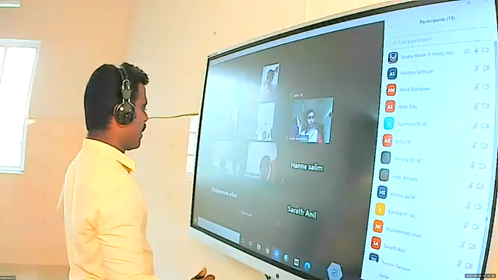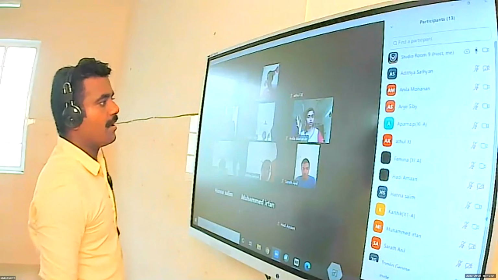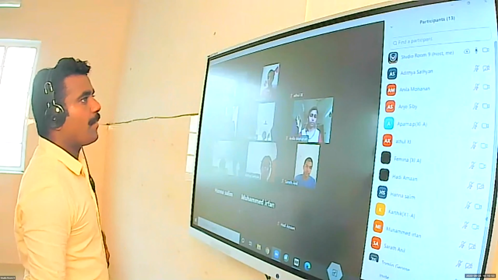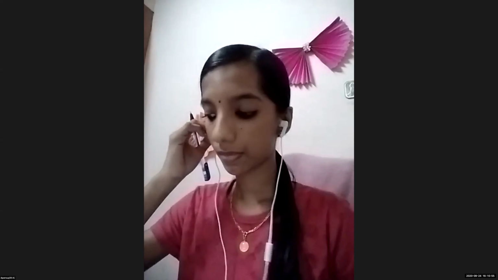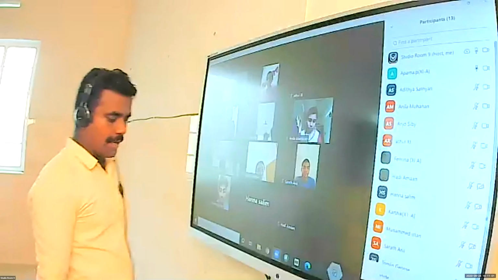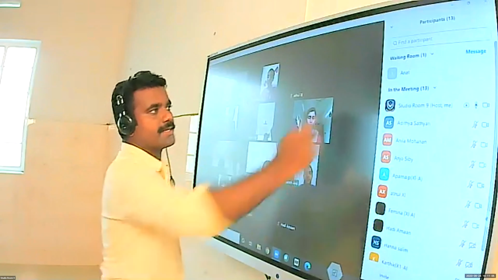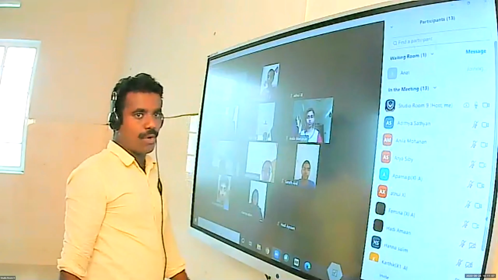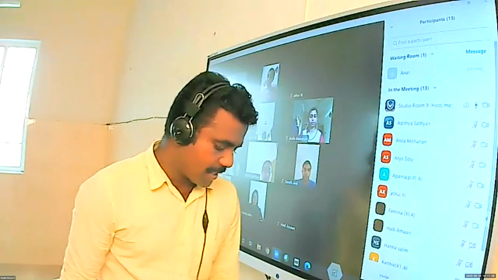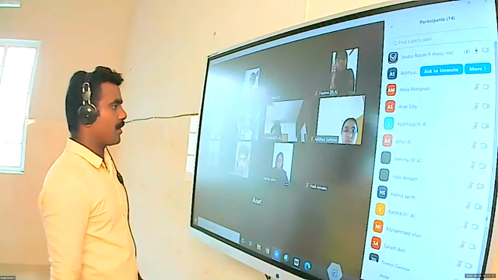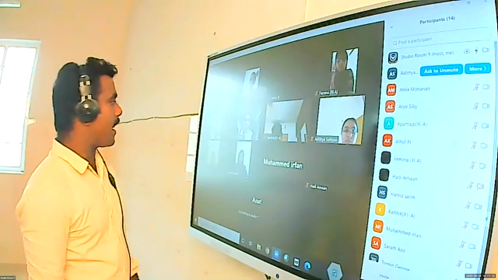Hanna, Sharath, Hadi, Irfan, turn on your video. What do you mean by double column cash book? A cash book which contains two columns for amount, on both sides. Okay, both sides of the cash book. A cash book which contains two amount columns on both sides of the cash book is known as double column cash book. Then what do you mean by contra entry?